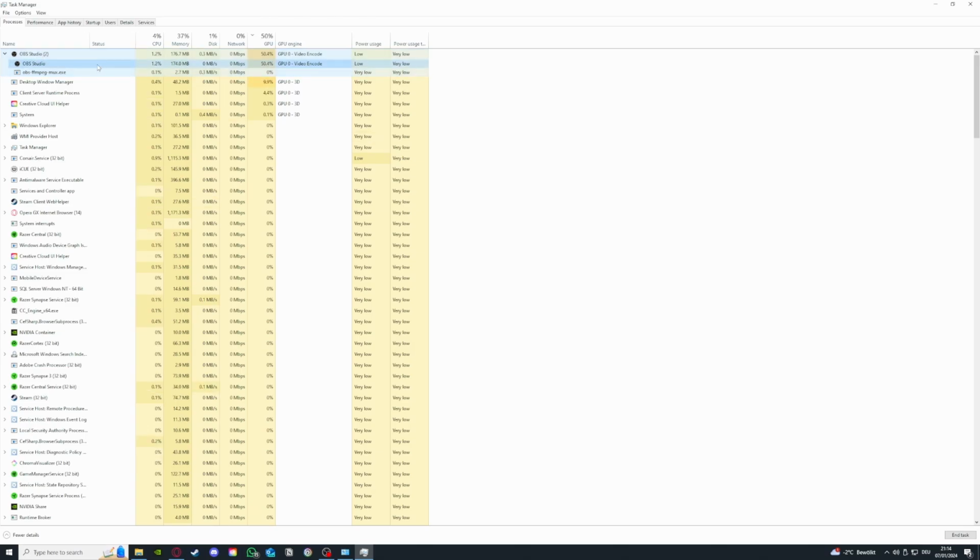But if you want to improve performance on a program which is currently running, then I could right click and press end task. If I press end task, it immediately closes the application, and it will free up a lot of GPU and CPU. In my case, especially a lot of GPU. So if you want to free up GPU or CPU, it's necessary to take a first look at the task manager,